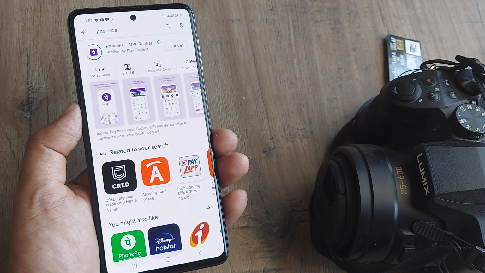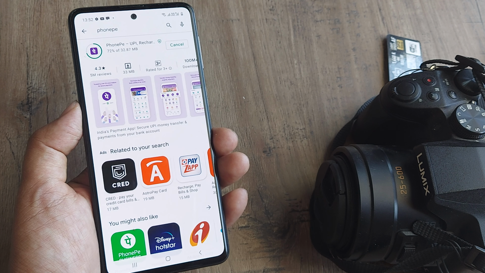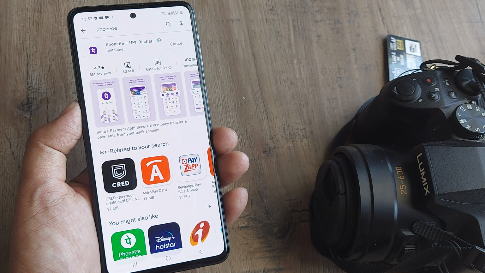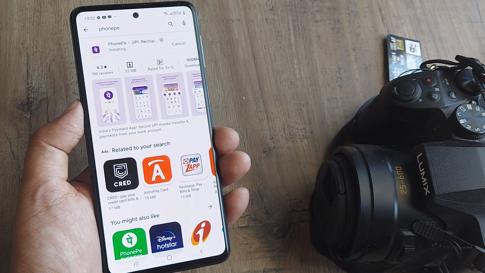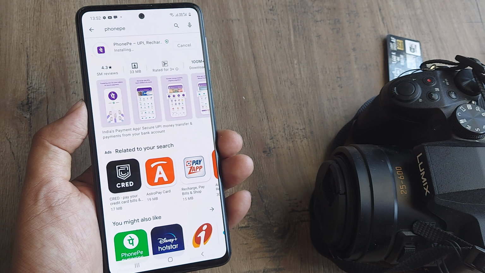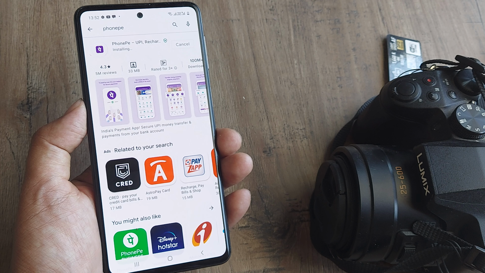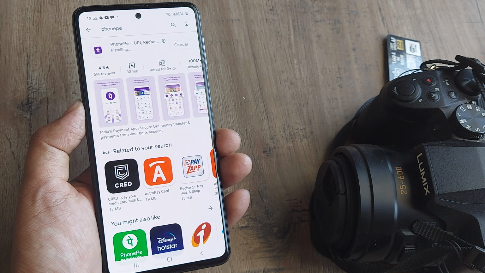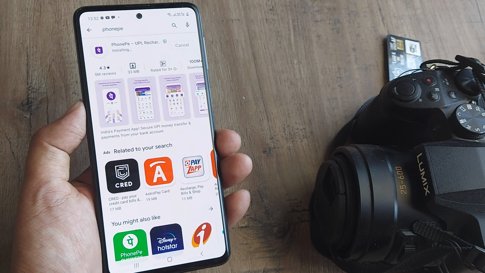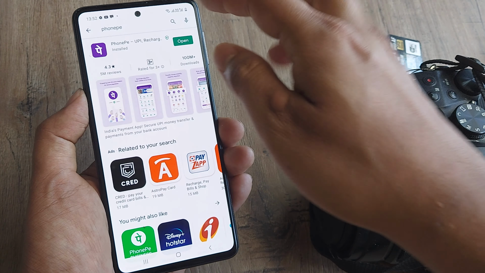It's basically a UPI app, which means you can use the UPI mode of payment to make payments, send money, recharge, pay bills, buy and sell gold, and quite many things, for which we have made an exclusive playlist. So go ahead and watch that in case you want to learn this in depth. Today's tutorial is just about knowing the interface and creating an account on it. So it's installed.